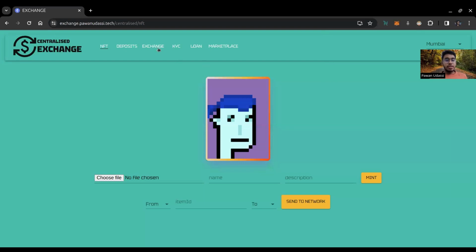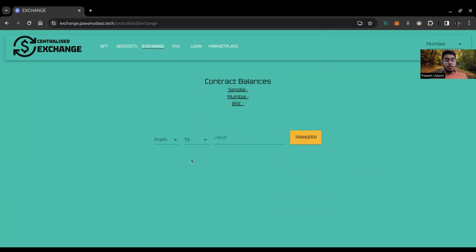Next up, we have the exchange section, and from here we can basically bridge cryptocurrency and specifically ETH from one network to the other. Like if I select Mumbai as the source chain, Sepolia as the destination, and choose 10 GUI as the amount and click transfer, what would really happen is that 10 GUI of ETH from my address on the Mumbai chain would be debited, and correspondingly on the Sepolia chain, the very same address would be credited